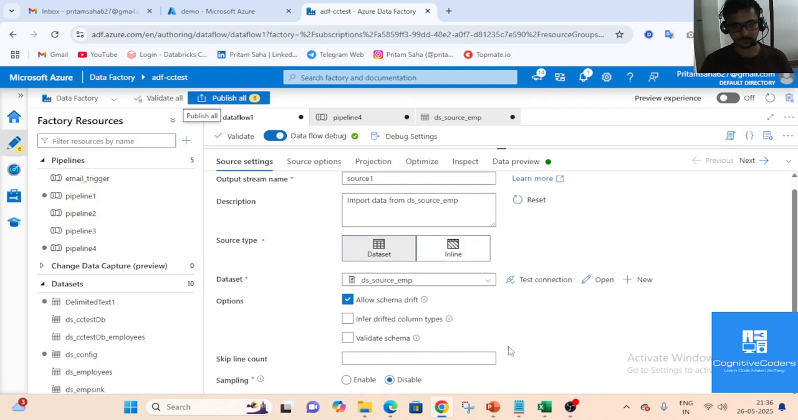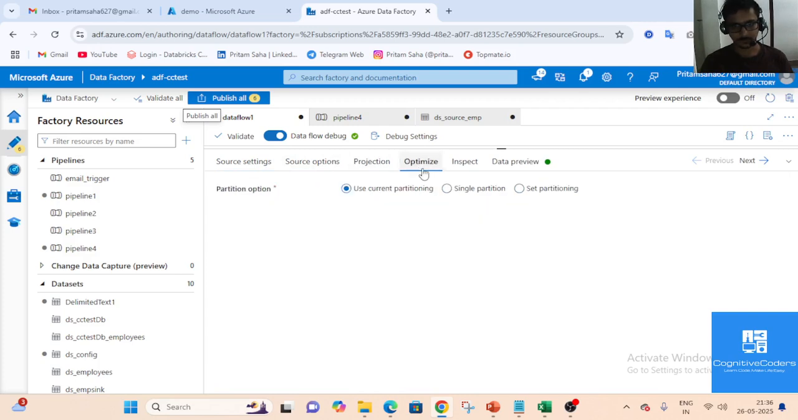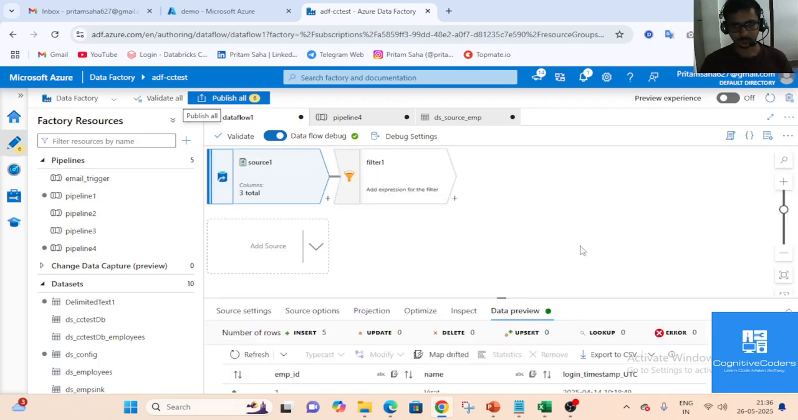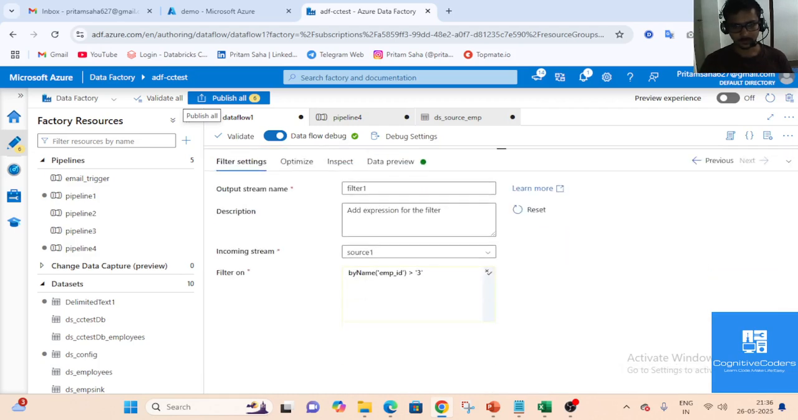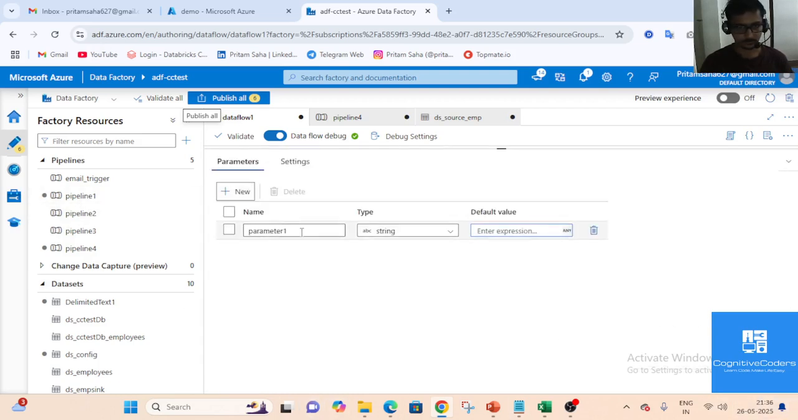Okay, it is okay, but here everything is fine. But now in filter what we'll do, this filter on expression we will make it dynamic. So for that we'll create one parameter. So for creating the parameter, what we'll do here, we'll pass as param filter, filter param. Okay,